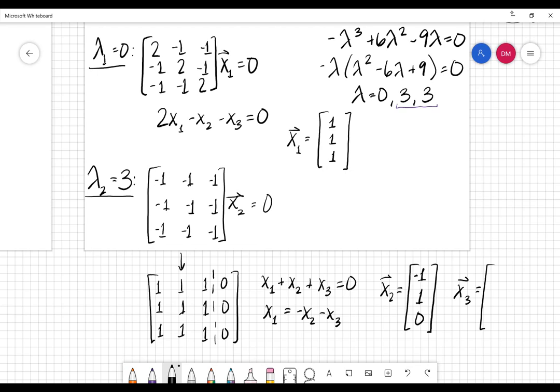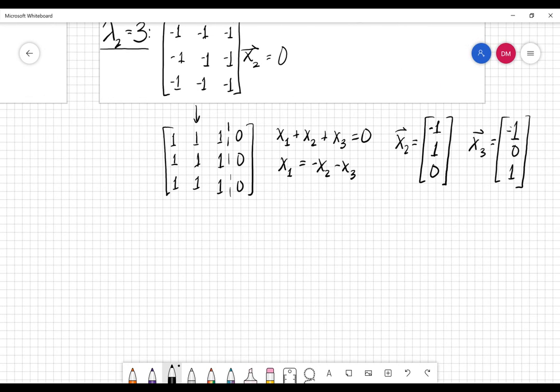You just don't want them to be linearly dependent. You want them to be linearly independent. So what I'm going to do instead is just switch x2 and x3. -1, 0, 1, because now -1 equals 0 minus 1. That works. Okay. These two eigenvectors are linearly independent, which is my goal all along, to make sure that they were. So now solving for y, we would have c sub 1